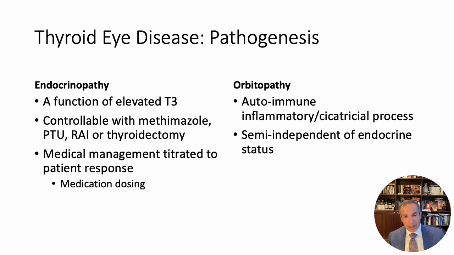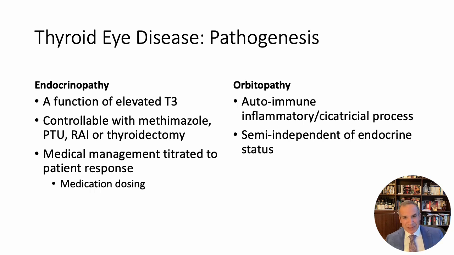The orbitopathy, on the other hand, is an autoimmune inflammatory condition that does not have a specific on-off switch and is semi-independent of the endocrine status. You can have the endocrinopathy without the orbitopathy. You can have the orbitopathy without an endocrinopathy. And when the two are together,